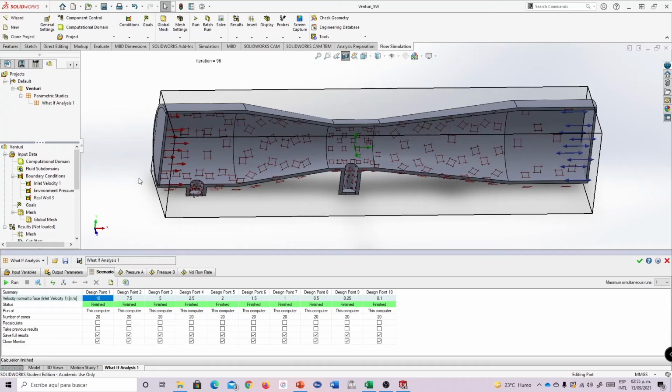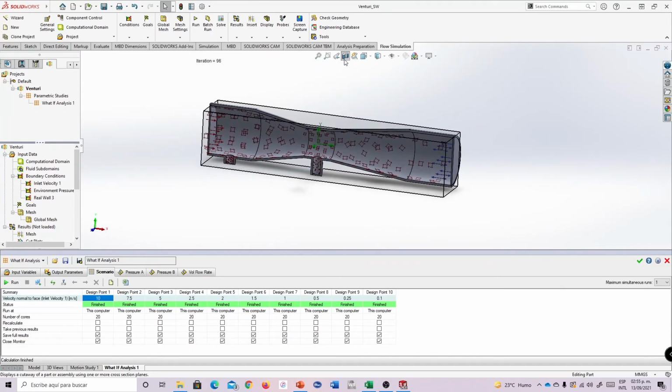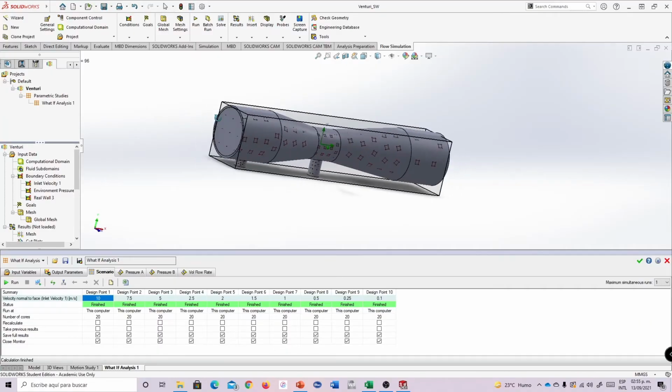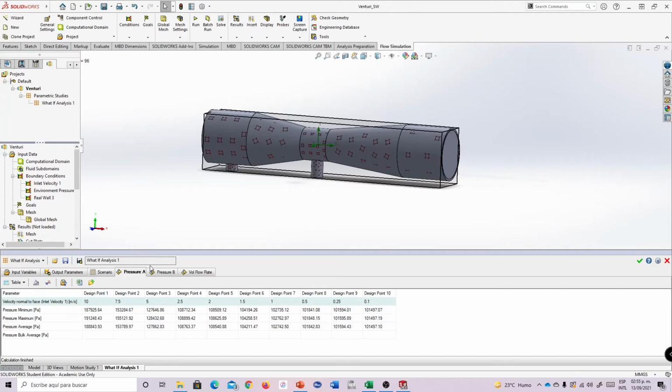Okay, the calculation has already finished. I'm gonna deactivate the section view, and if we click here in this tab, we can see that the pressure values are already displayed for pressure A, pressure B, and the volume flow rate. So we can copy these tables directly from here,